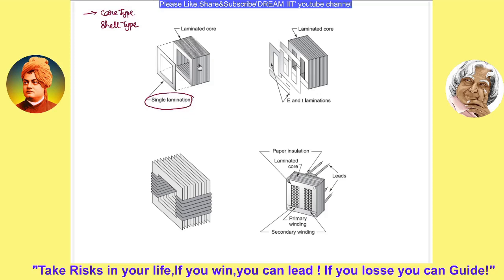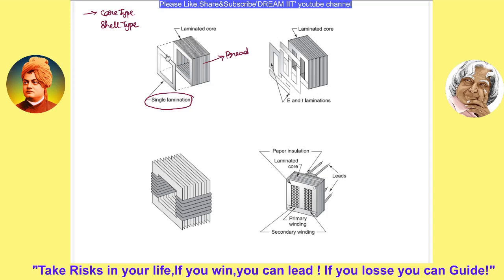Lamination means, if you observe the diagram clearly on this side, it is like a bread piece. If you imagine this as a bread, when the bread was manufactured it is a single solid piece, but the shopkeeper will cut the bread into pieces. Those pieces we can call lamination. Why we are doing the lamination, we will see later. The necessity of lamination is that we are reducing the eddy current losses, that's why we are going for lamination.